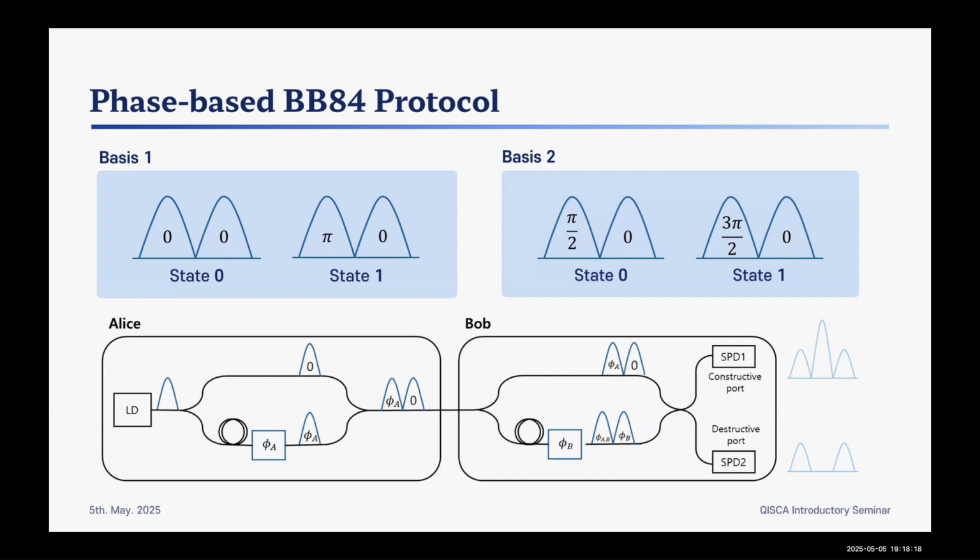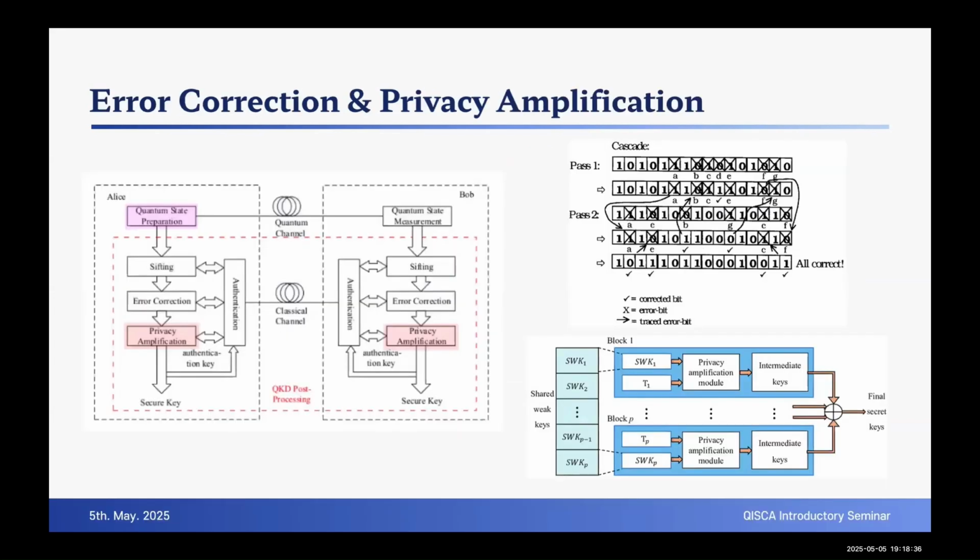Finally, compared to polarization-based BB84, the main difference is that here, the bit values are determined by phase difference instead of polarization states. However, the process of publicly revealing bases and calculating the error rate remains exactly the same. Even though QKD guarantees security in principle, the actual key obtained contains errors due to device imperfections. Bit errors can be caused by things like phase drift or detector noise. So we apply an error correction process.